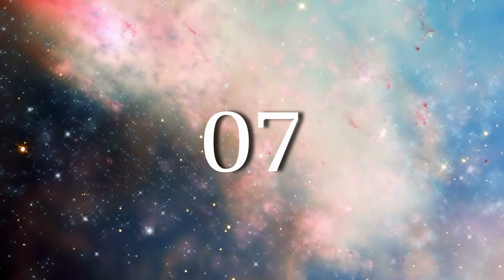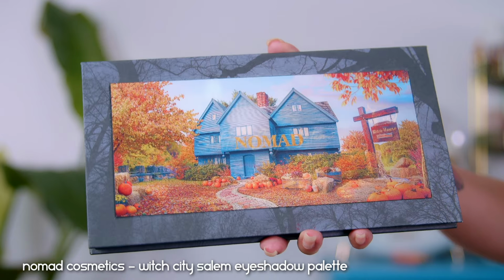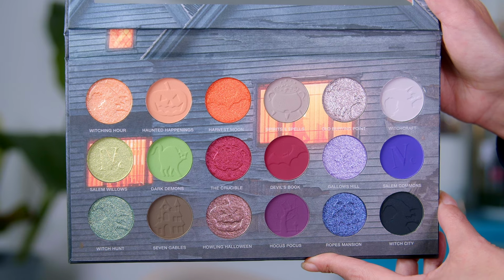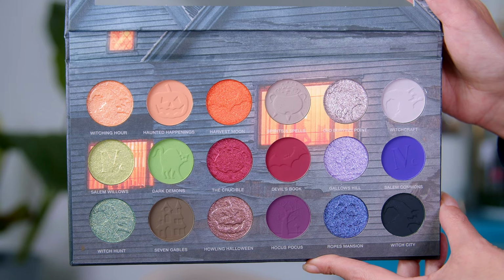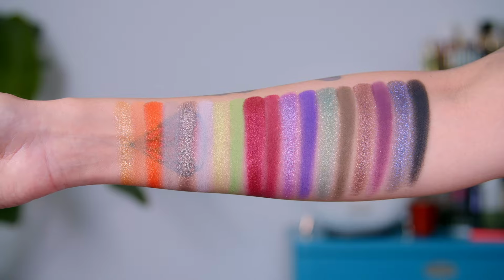And number 7 in the ranking is gonna go to Nomad Cosmetics, and this is the Witch City Salem eyeshadow palette. This is their Halloween release from this year. And oh my gosh, this is so beautiful. This is such a beautiful eyeshadow palette. It's incredible. A combination of some green, pumpkin shades, some oranges, some berries, and then these beautiful mauvey purplish tones,